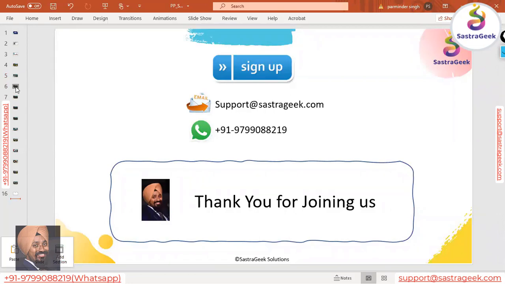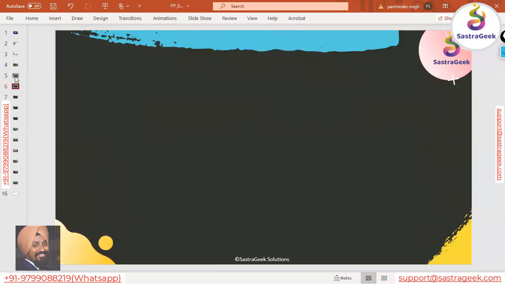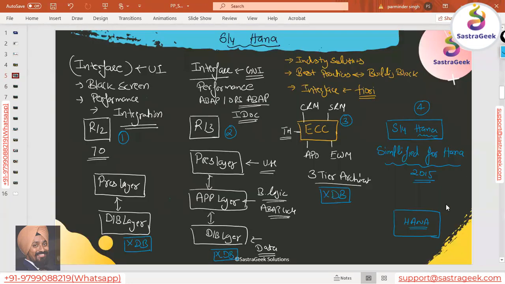Now, what is so good in this HANA database system? So far in R2, R3, ECC, you don't see the database name in the product name. But now in S4HANA, within the product name itself, we have the name of the database, right? So why is it like that? And what actually is the HANA database?